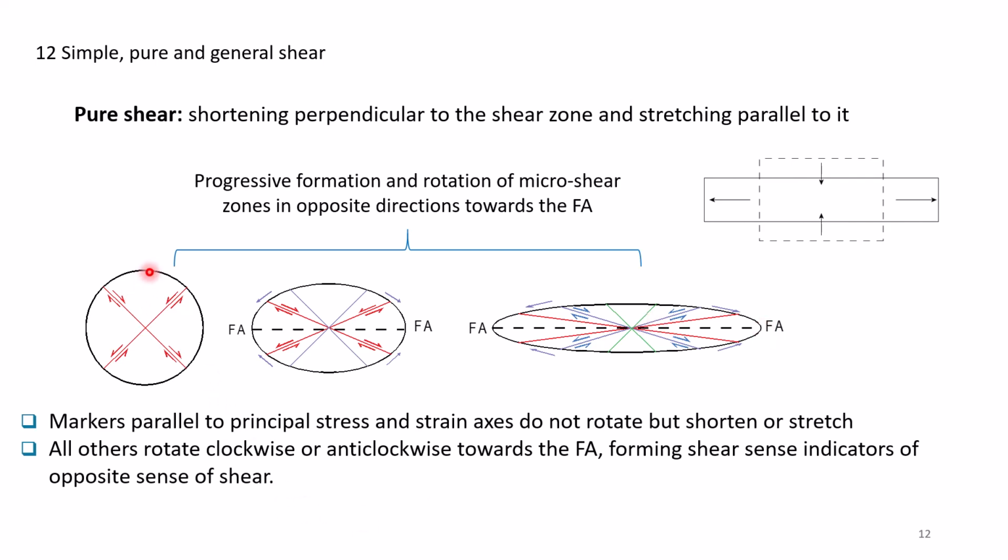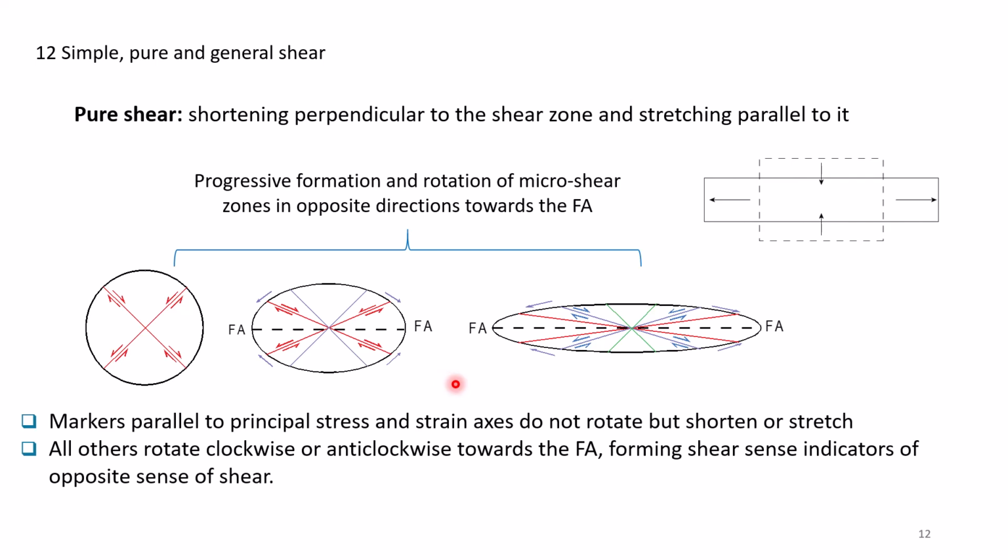The same would apply to a strain marker that happens to be vertical. If we have any kind of strain marker that is in such an orientation, it would not rotate, it would shorten vertically and perhaps stretch horizontally, or depending on the mechanics of the strain marker, we might find symmetric folds forming. We have discussed similar features in chapter 10